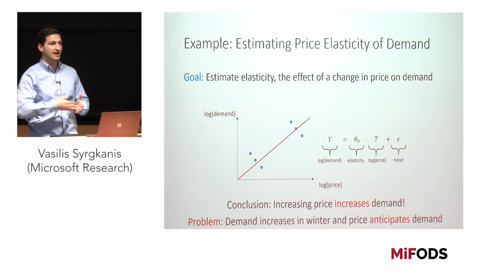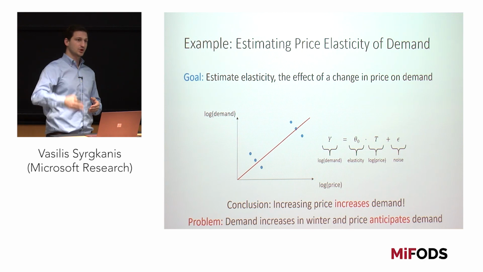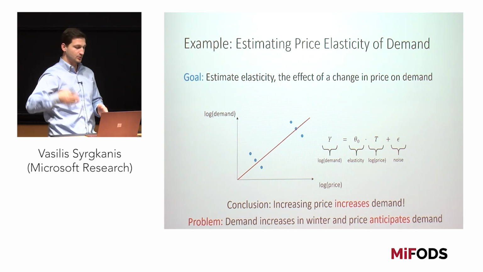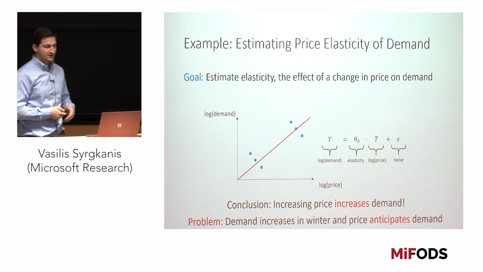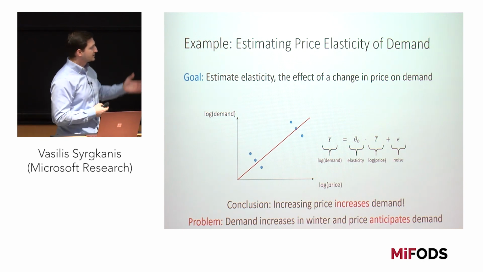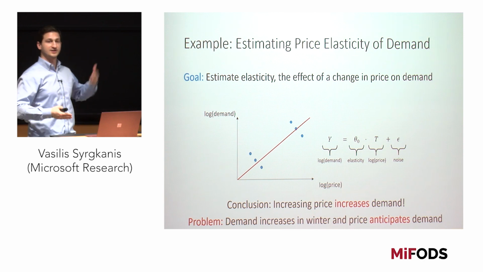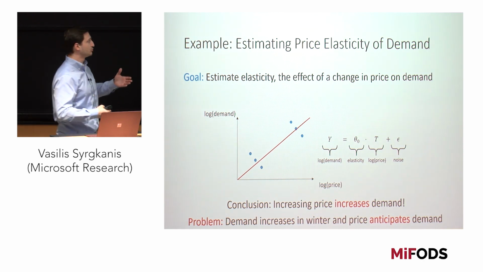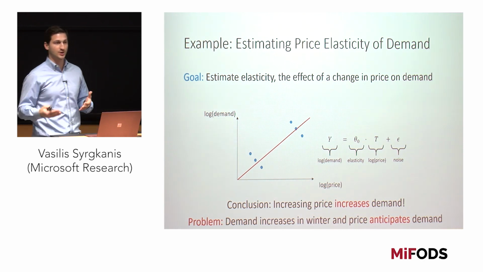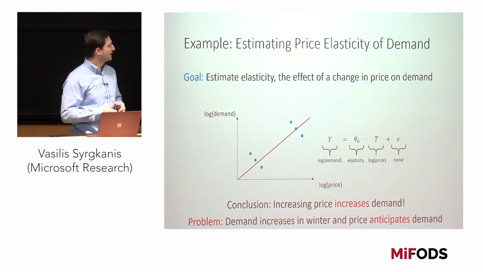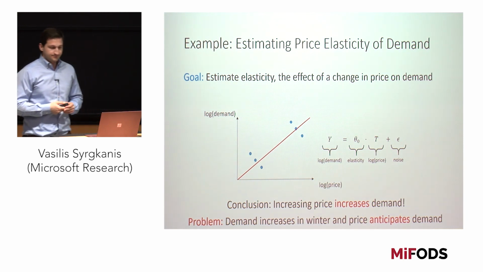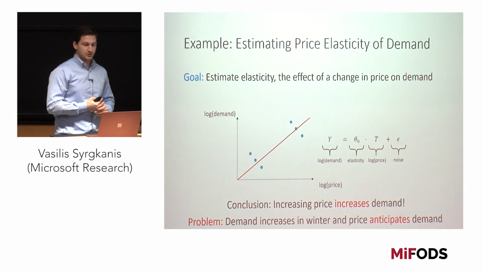So there's a lot of other types of variables that would cause a lift or a change in price that would also simultaneously cause a change or a lift in demand. For instance, it could be that during Christmas, price increases and also demand increases, right? But it's not that demand increases because of price, it's just that they could simultaneously correlate through this other variable.